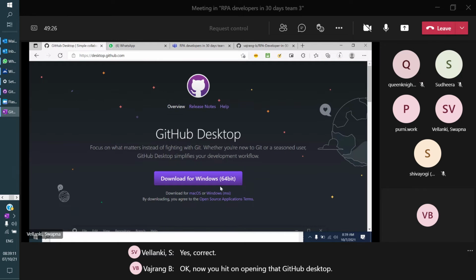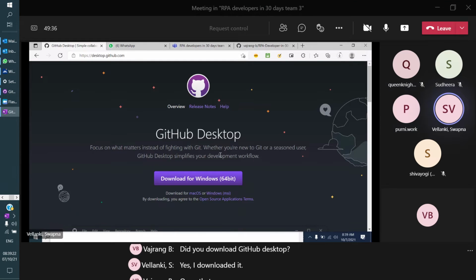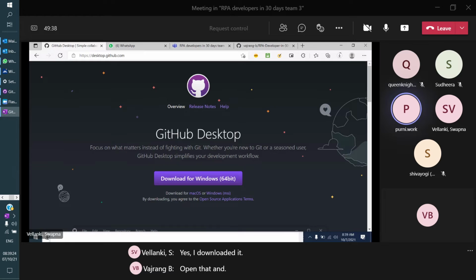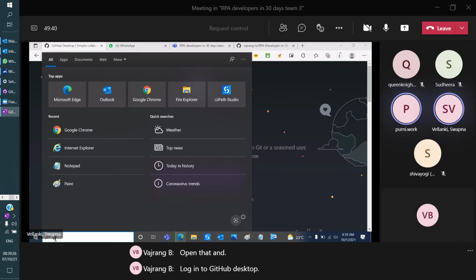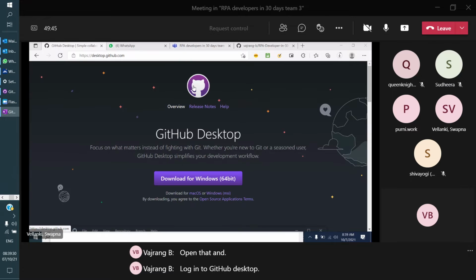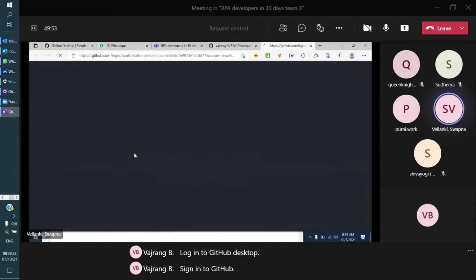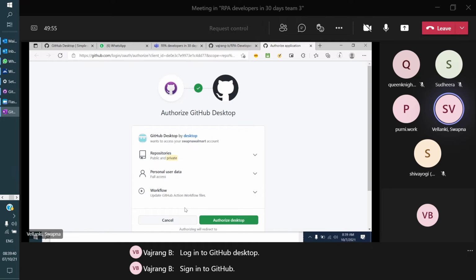First you need to log in to your GitHub Desktop. Did you download GitHub Desktop? Yes, I downloaded it. Open that and log in. Sign into GitHub. Authorize desktop.